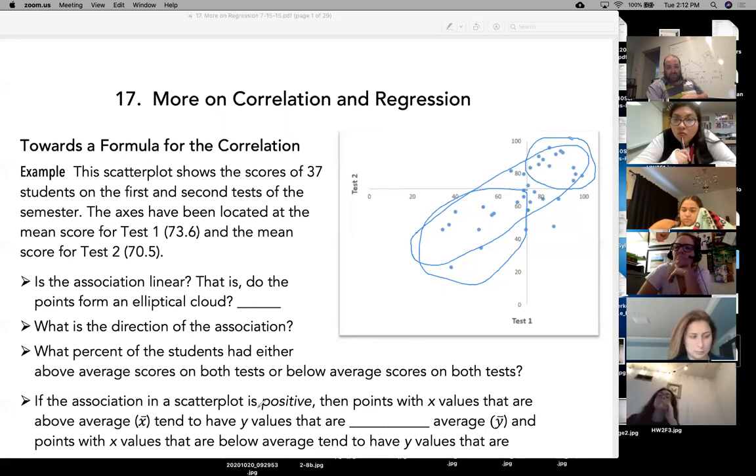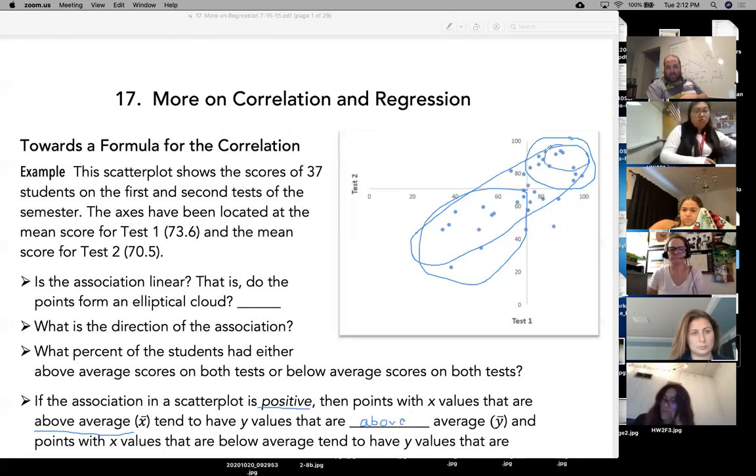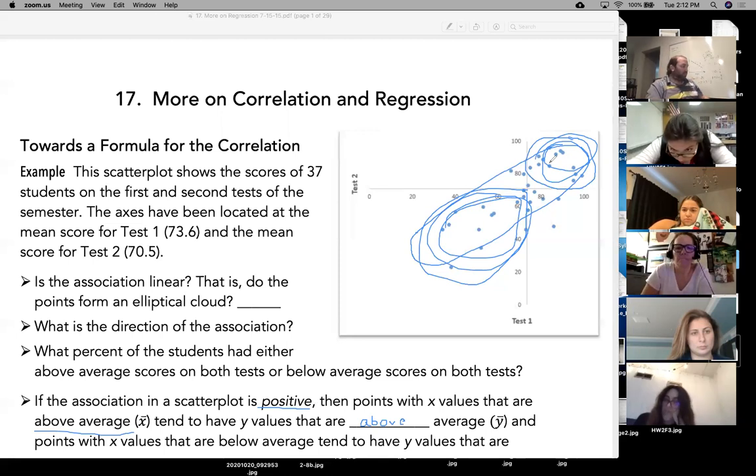If the association is positive, then points with X values that are above average tend to have Y values that are above average. If the association is positive, then we're going to have lots of them here and here. We're going to have lots of points where the X is above average and the Y is above average, and points with X values that are below average tend to have Y values that are,